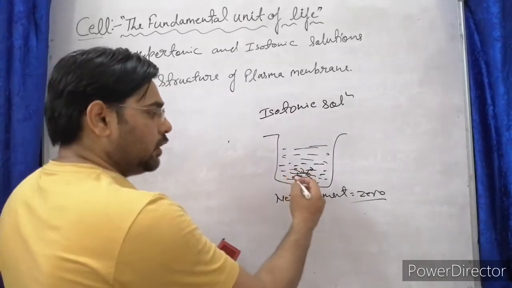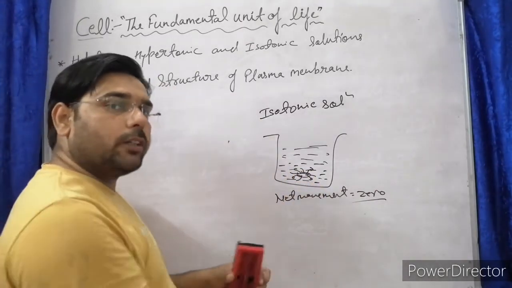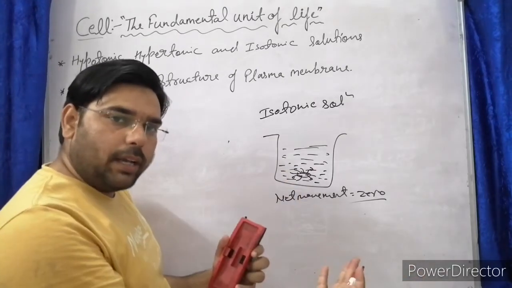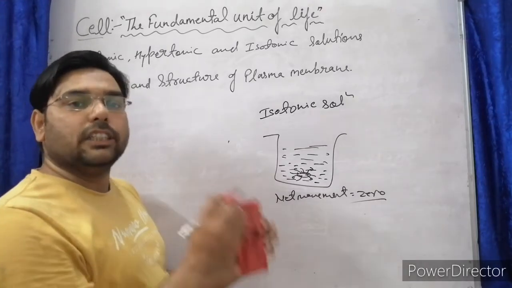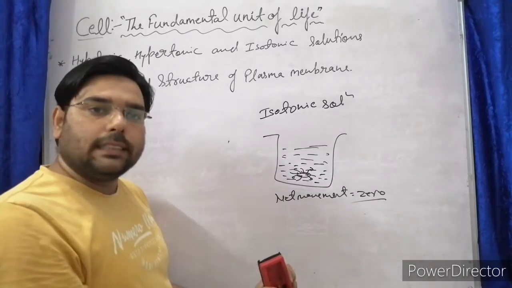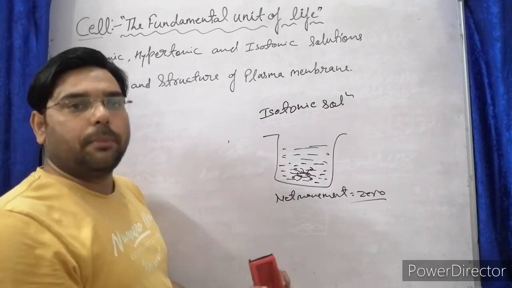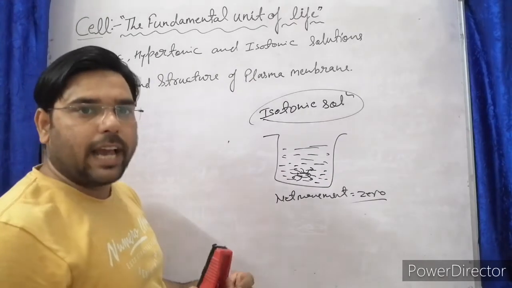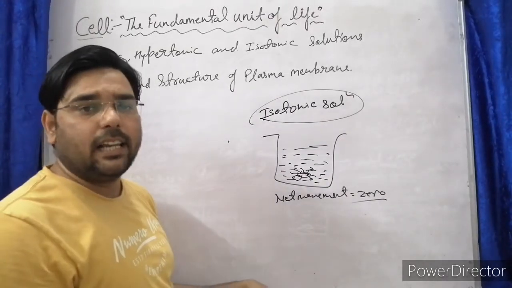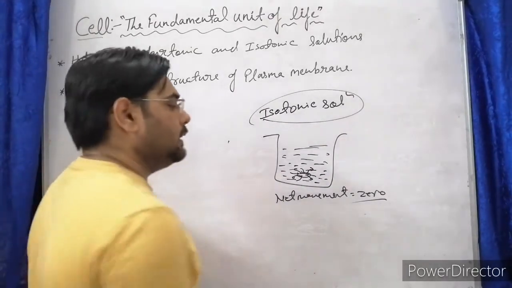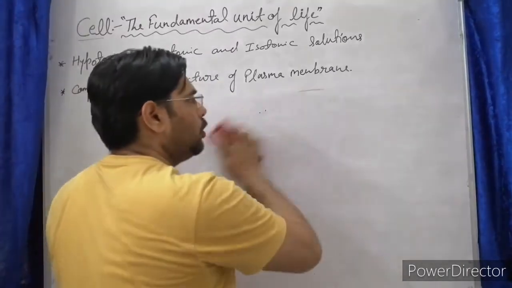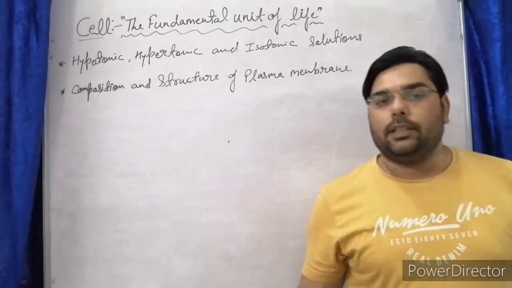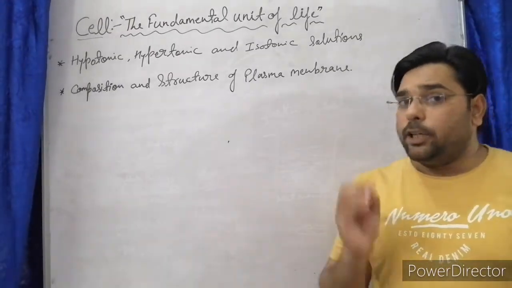The amount of water that goes into the cell and the amount of water that goes out from the cell will be equal. There is no net movement, hence the shape of the cell remains constant. There is no change in the shape of the cell. This type of solution is called an isotonic solution, meaning it has the same concentration inside the cell and outside the cell, in the surrounding. Okay students, I hope you all understand the difference between hypotonic, hypertonic and isotonic solutions, and endoosmosis and exoosmosis.